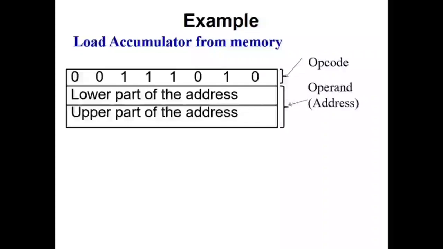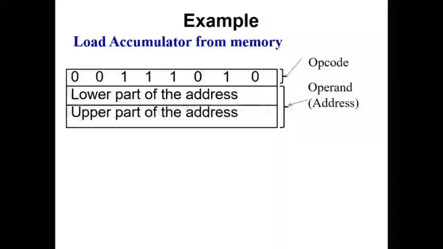856D. Now, suppose these are hexadecimal digits. If 856D are hexadecimal digits, you remember every hexadecimal digit is 4 bits. It means I have 16 bits, which is the address. So if 856D is the address and you break it down into 2, 85 is the upper part and 6D is the